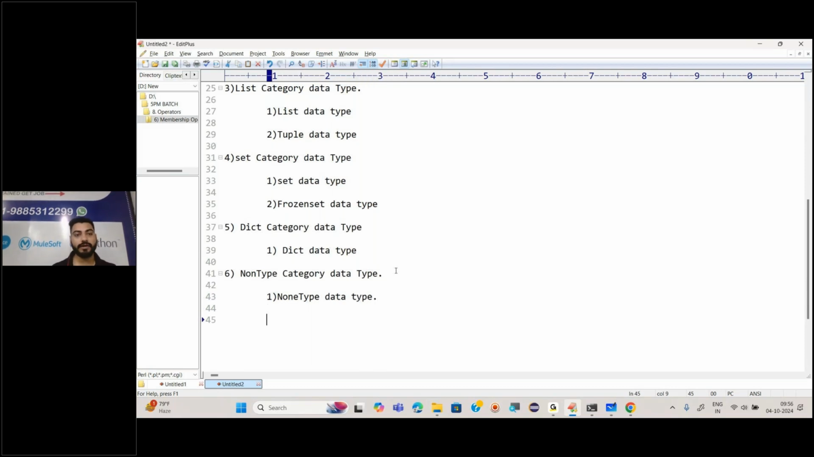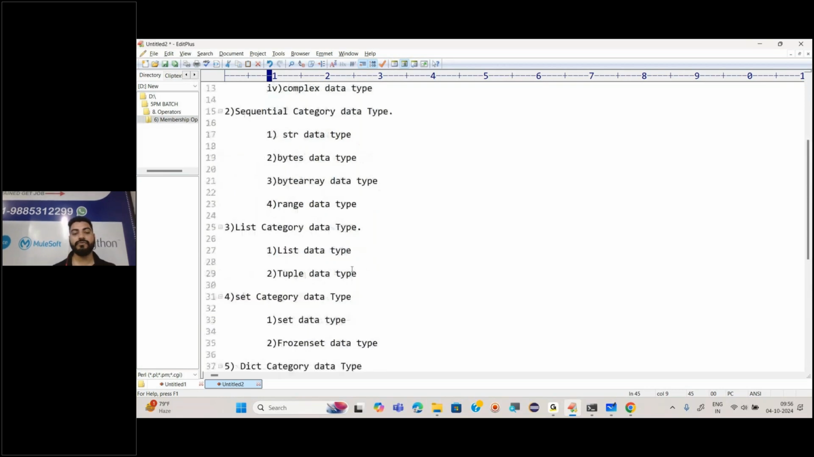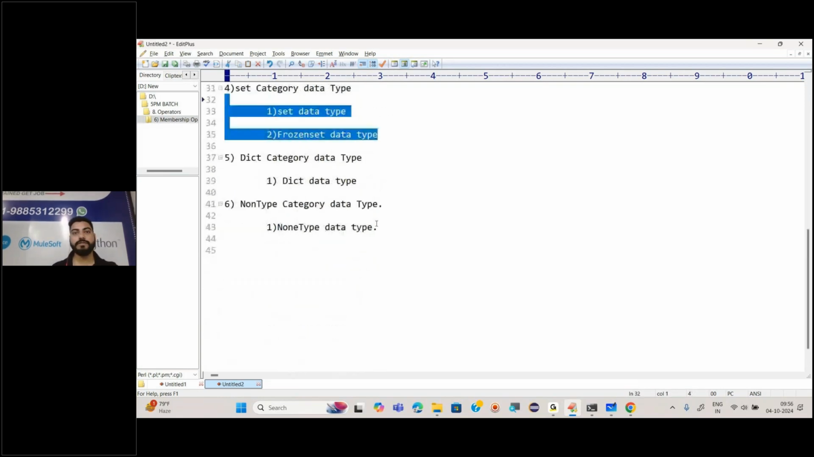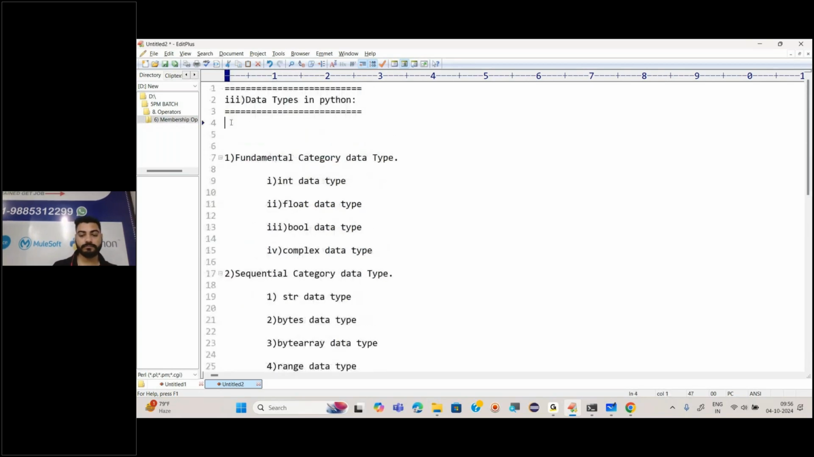Am I clear with this? So count it. How many? 4, 4, 8, 2, 10, 12, and 1 and the 14. Understood? So I would say here that